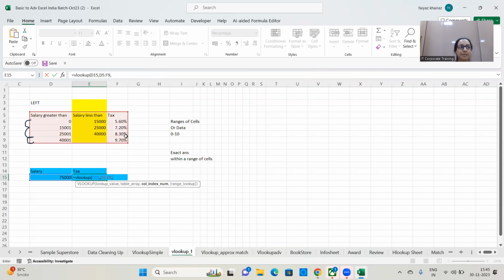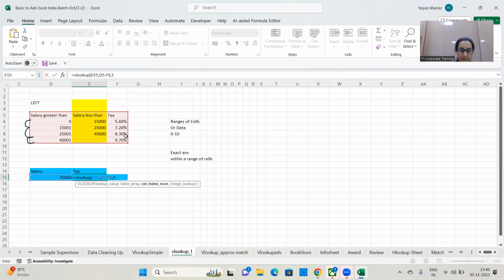Column index number stands for the column number within this selected area from where I need to fetch my data. Within the selected area, I need to fetch the data from the